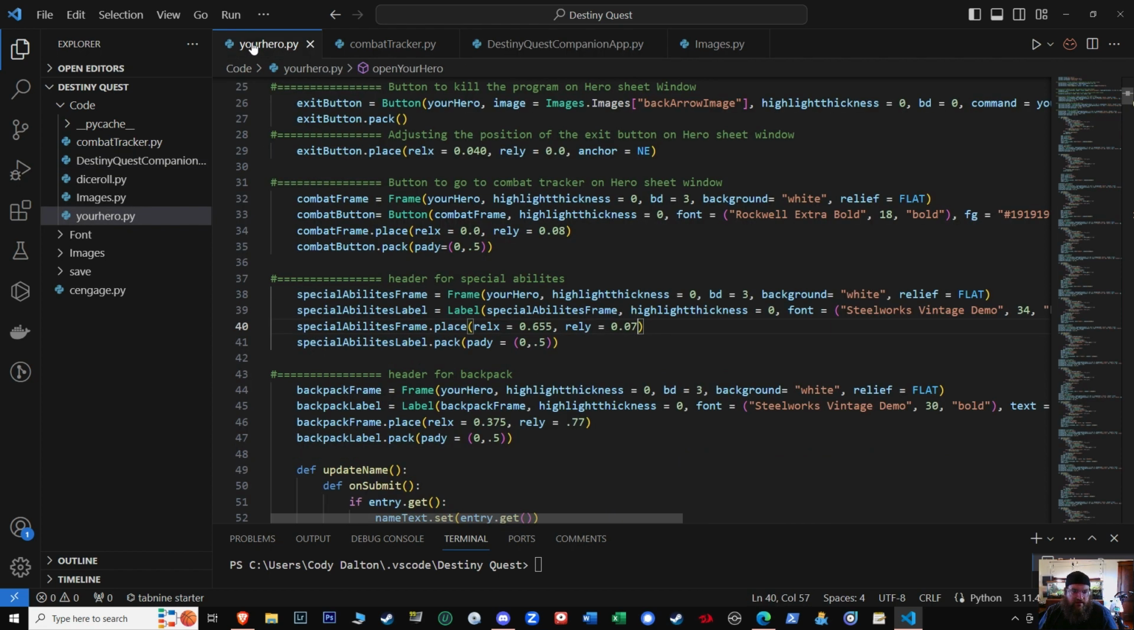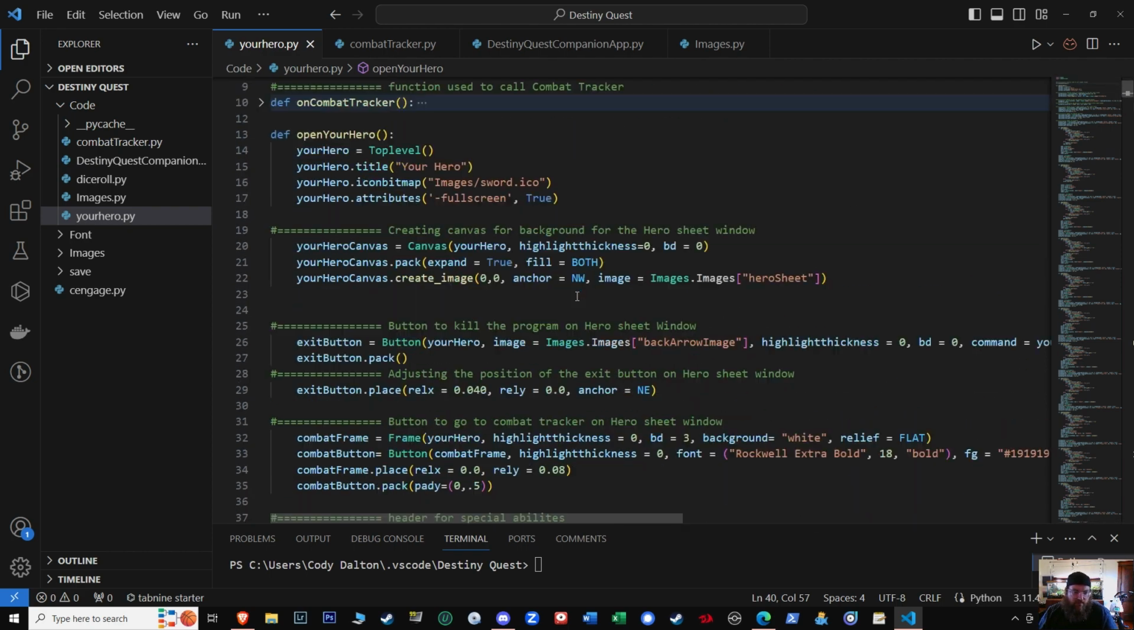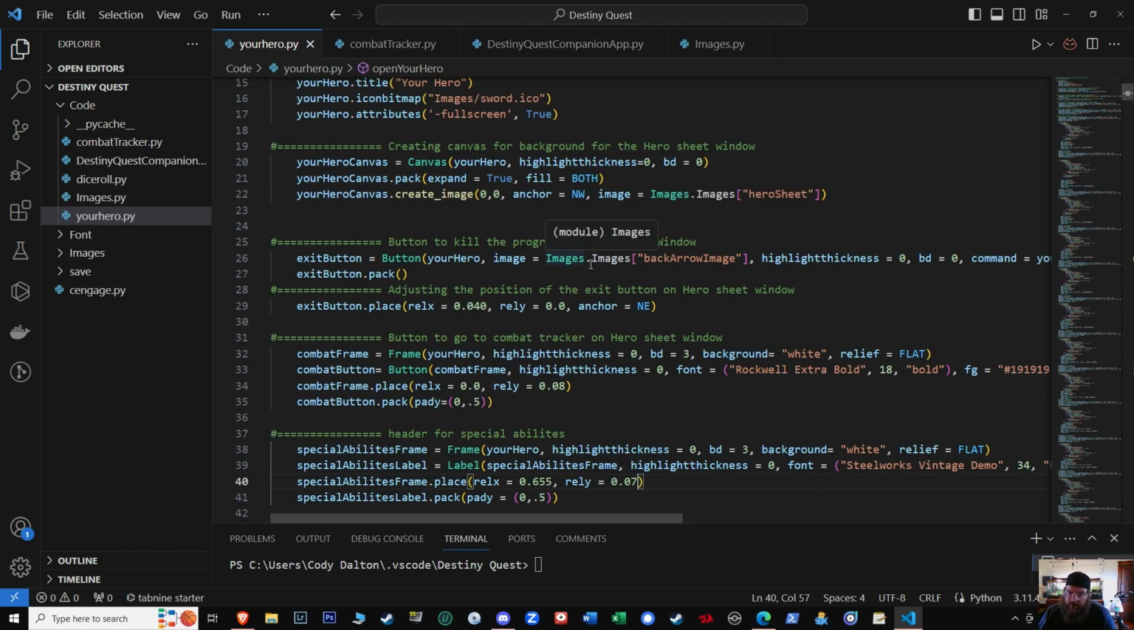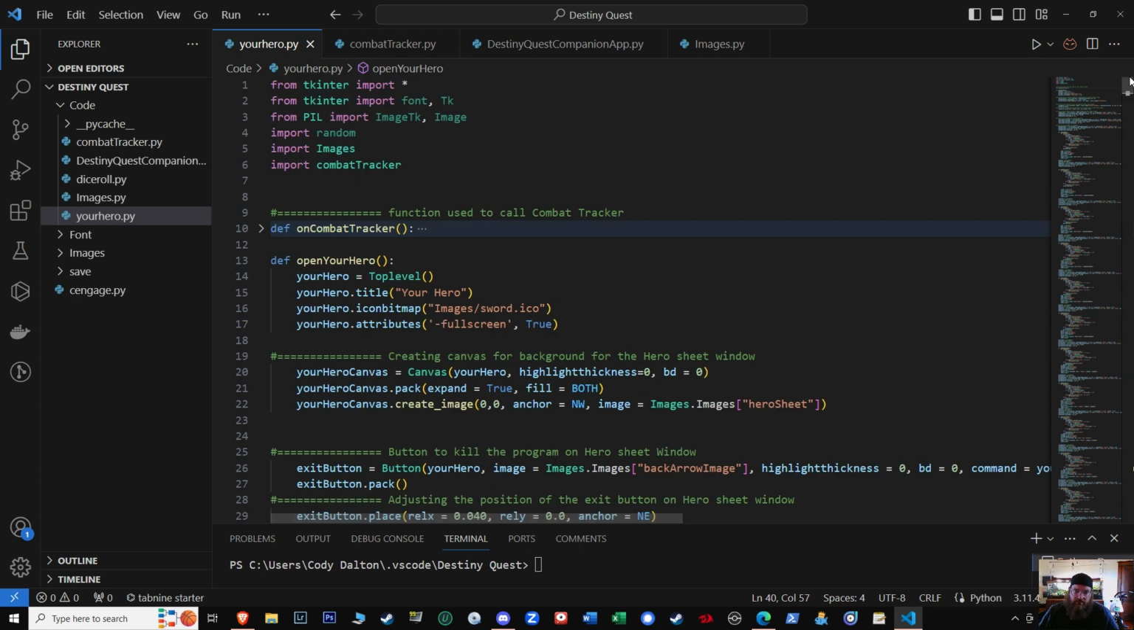So we'll go over here to hero. Now a lot of this is repeated over and over and over again, and that's why it's huge. And I have a feeling there's probably a way to make it easier to work with, but this is an introduction class, so I'm just going to kind of go with what I got. So here's the function that when you click on the button, it takes you into the combat tracker sheet. Here's the function for the open hero. So when you click on